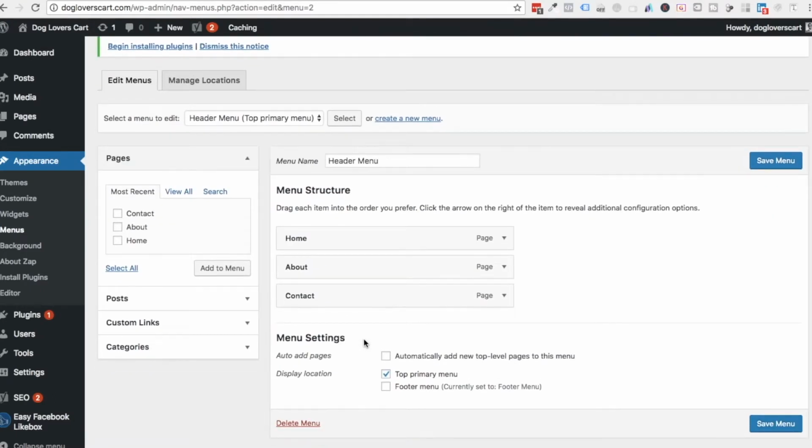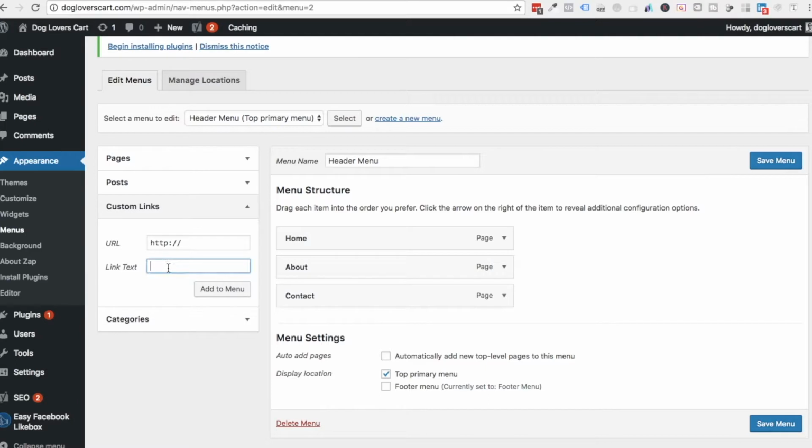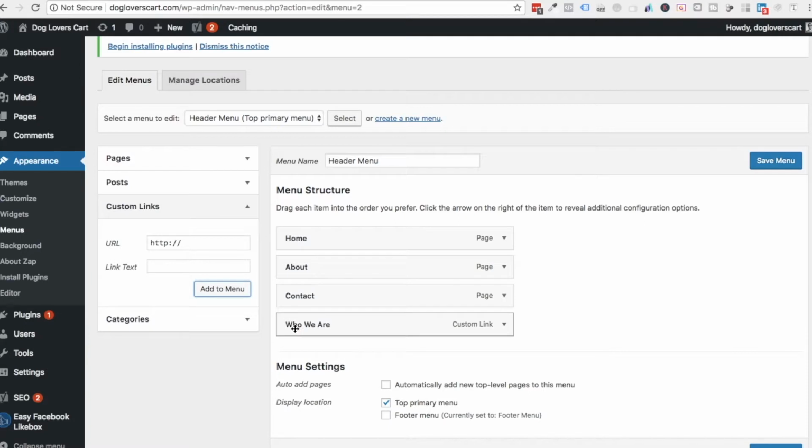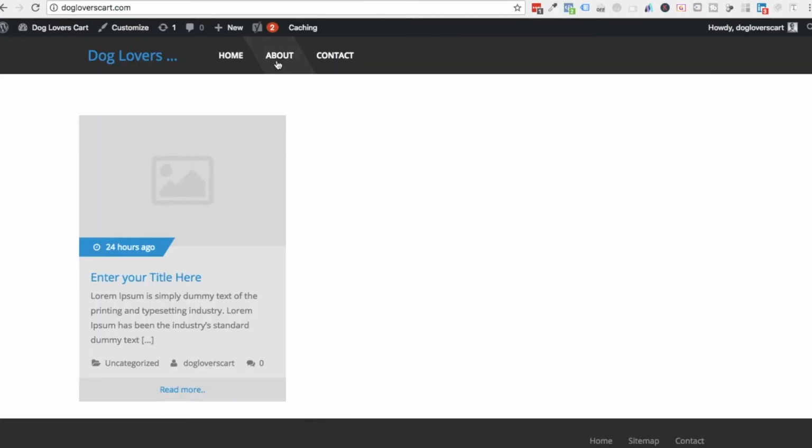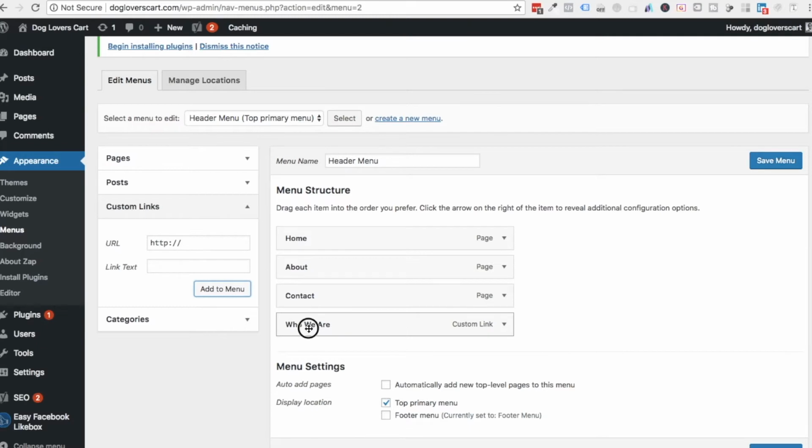All right. Now over here we'll have custom link. So let's insert who we are. Let's randomly have the link, add to menu, and now we want this who we are below this about. All right, so whenever somebody moves their cursor on about, we want the drop down, or we want that menu to be drop down. All right, sub menu. So we will just drag down over here about, and drag a little bit on the right hand side, and that's it. All right, click on save menu,